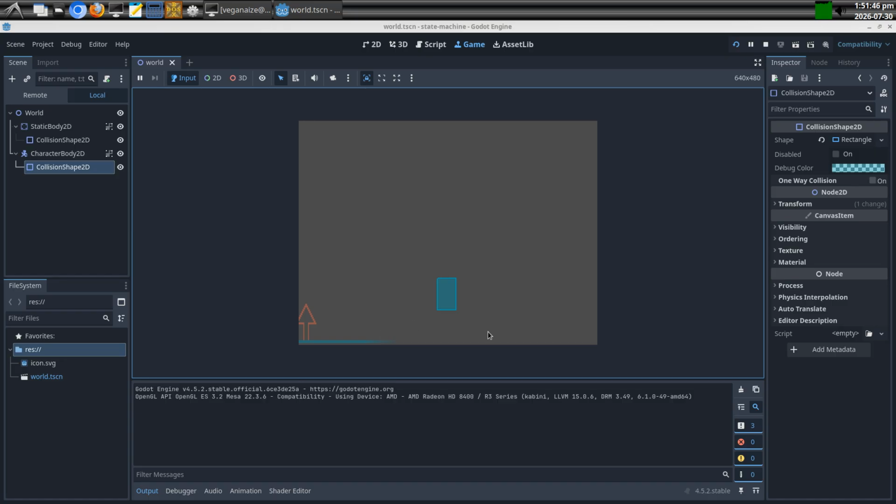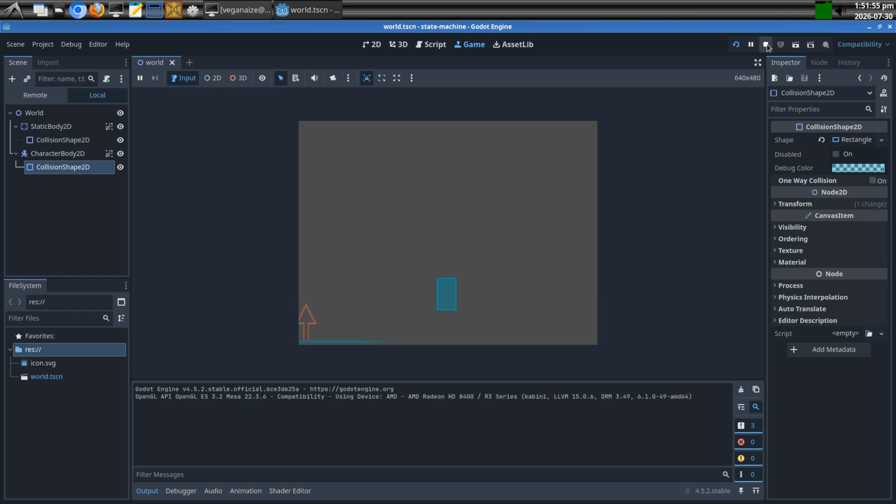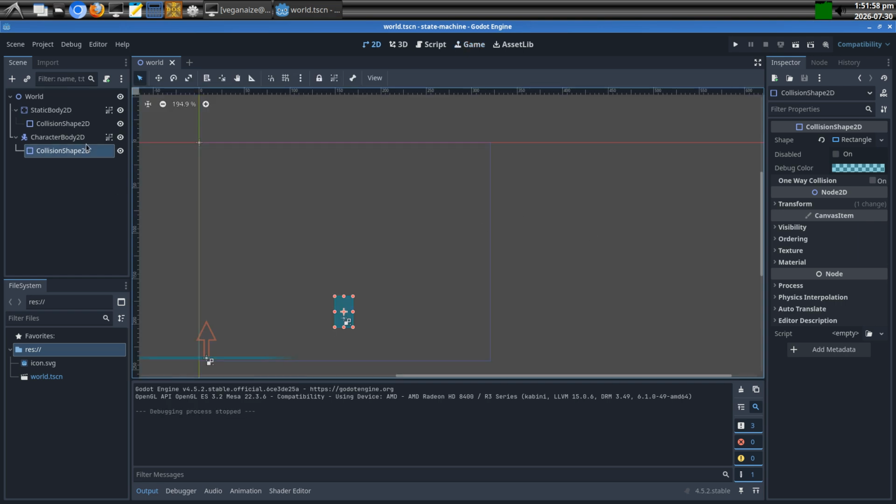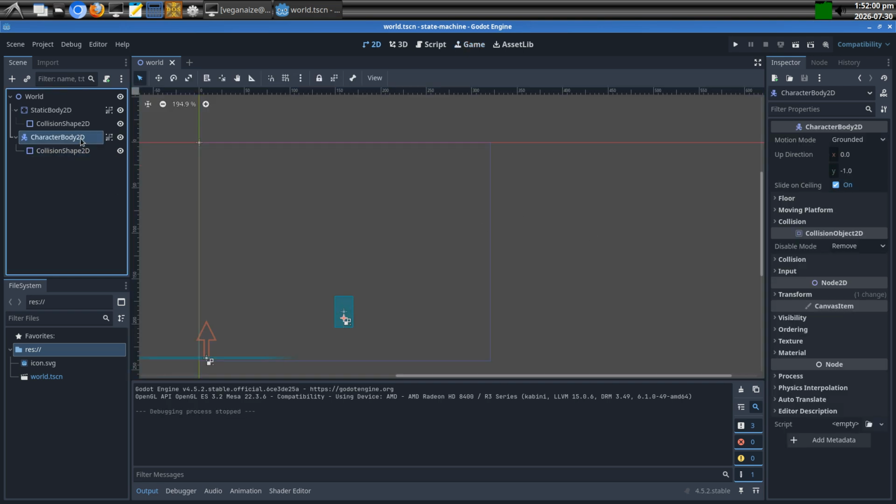Okay, and then of course nothing happens if I were to press anything because there's no sort of behavior attached to it. This is just like a static scene, so to speak. Okay, so I'm going to click stop, and then what I need to do is attach a